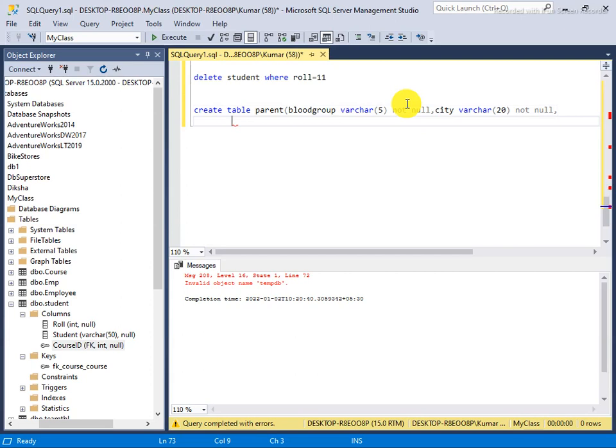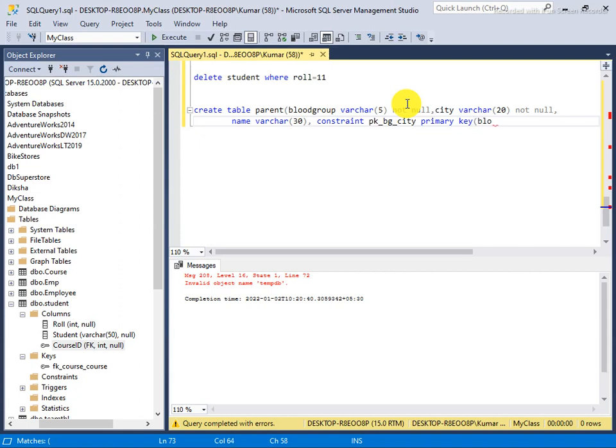And yeah, name, where I say 30, and here I add a primary key PK, blood group and CT, and I will say it's a primary key.